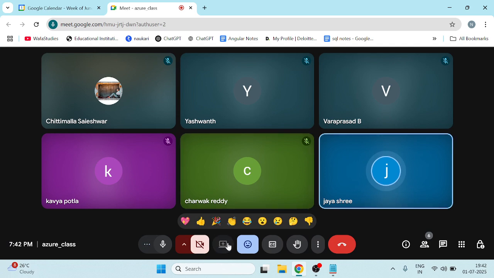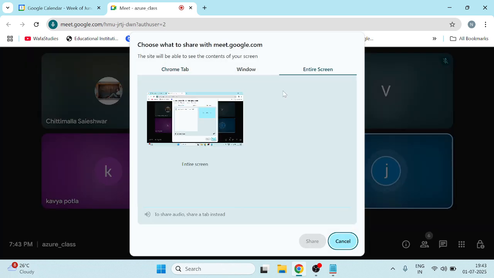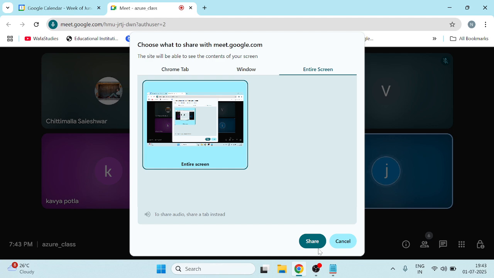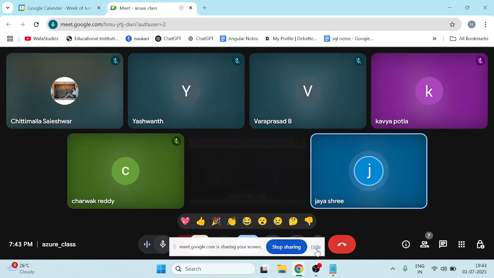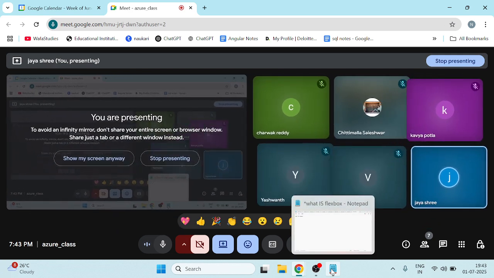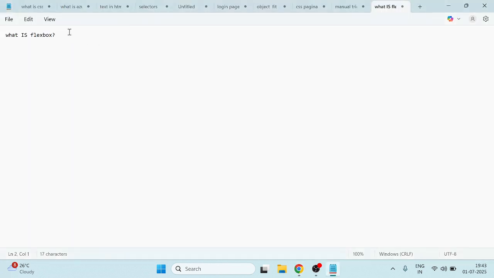What do static and dynamic mean? Dynamic means it changes as per user requirement, and static means it is fixed and won't be changed. Okay, flexbox. Flexbox is a CSS part, and we call it a CSS layout system